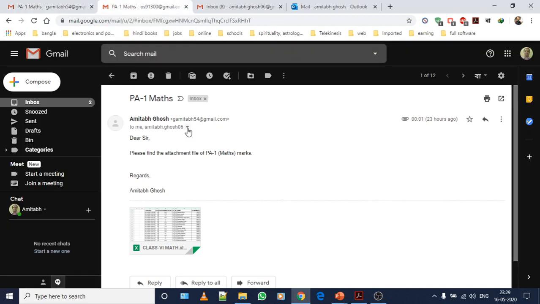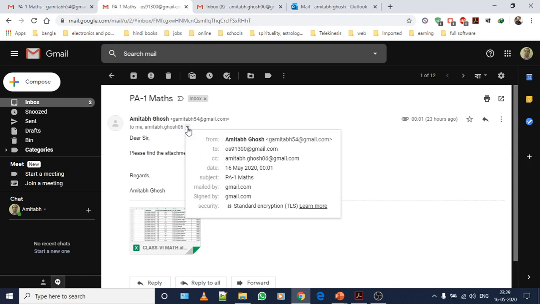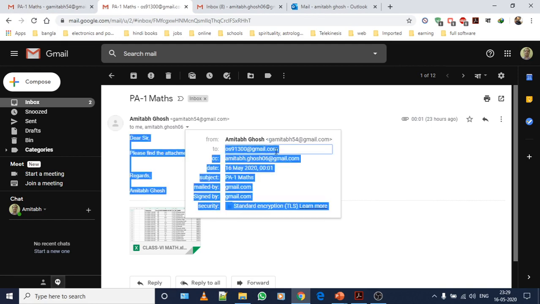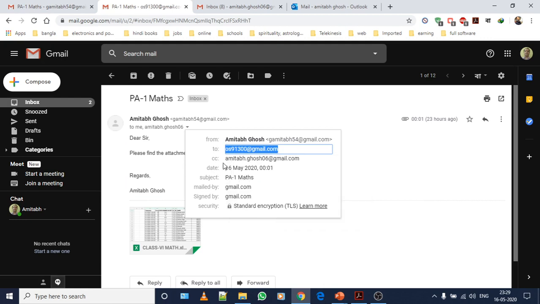Okay. What additional thing you can see is, click over here and you can see who has sent you the mail. Obviously, you receive a mail from this ID. To whom has it been sent? It has been sent to you. Other than you, the name of the other recipient is showing in CC.